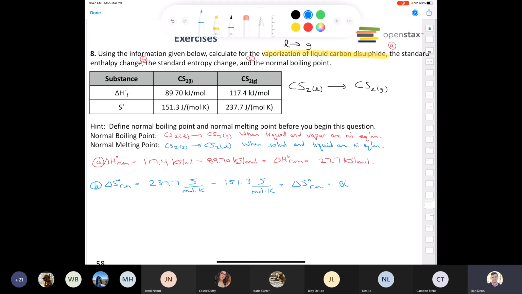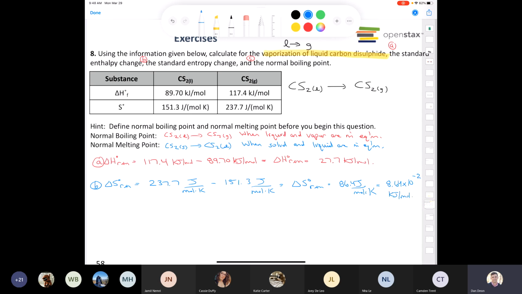86.4 joules per mole Kelvin. Now notice here again that the units are kilojoules per mole, and the units here are joules per mole Kelvin. I'm going to convert this one to kilojoules per mole Kelvin, and I'm going to show you why in a second. Okay, but I'm just going to divide it by 1,000. So when I divide this by 1,000, I get 8.64 times 10 to the negative 2